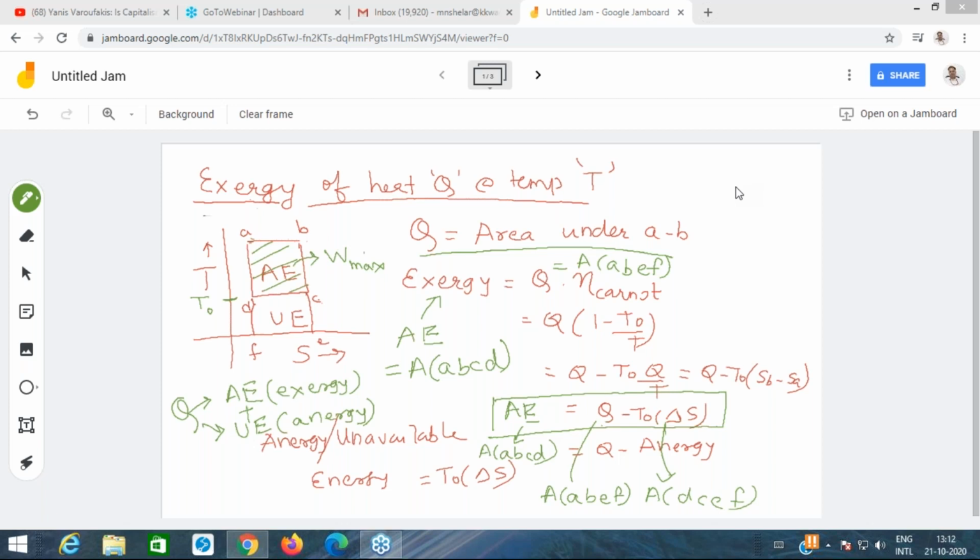So anybody else who wants to answer this question? What is the unavailable energy? Yes, correct. Energy means unavailable energy, I'm using a different term. So energy is unavailable energy. Right, got it. Anybody who wants to answer this question, what is the unavailable energy? Neha, you want to revise your answer? Neha Aire,